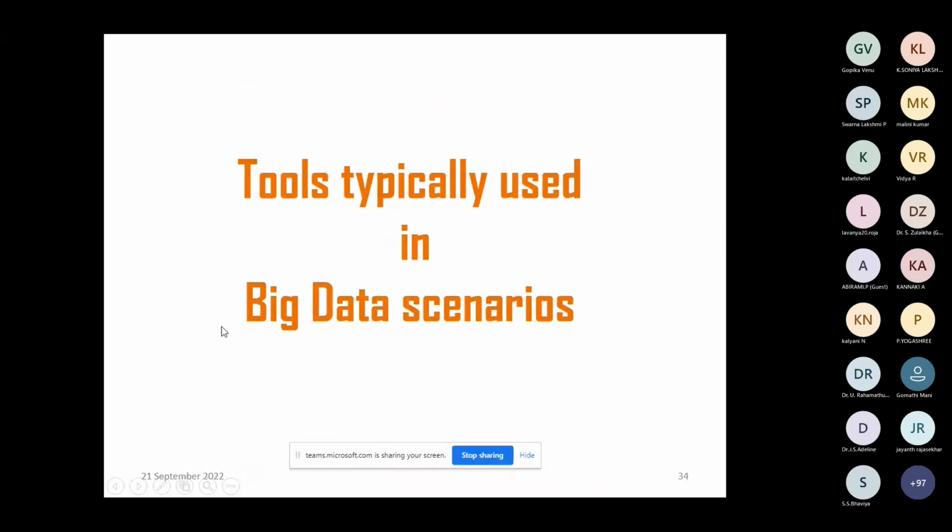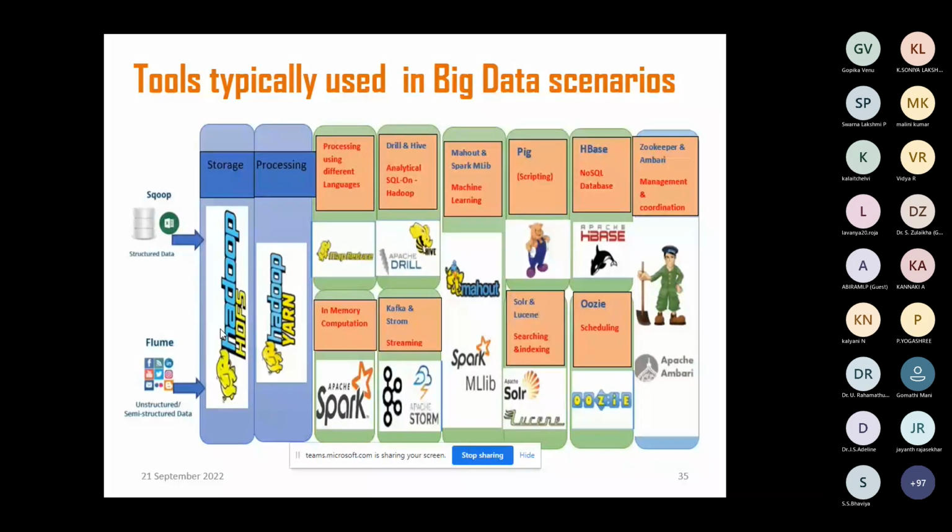Now we'll get into what type of tools we can incorporate in big data scenarios. These are tools which are part of the Hadoop ecosystem. Let me point out different tools which play different roles in handling big data. In a big data environment these tools play a very vital role. I have not listed the complete set of tools, but the more important tools and their roles have been addressed here. Collectively, we can also call it an ecosystem.